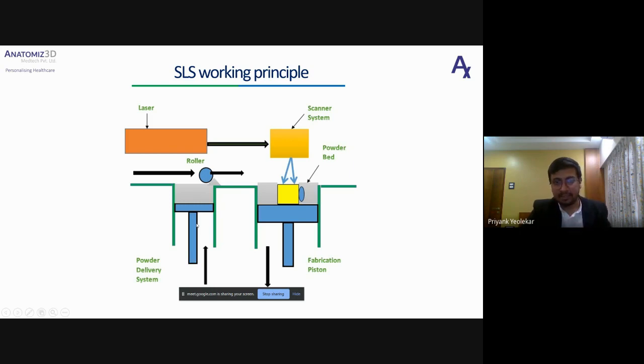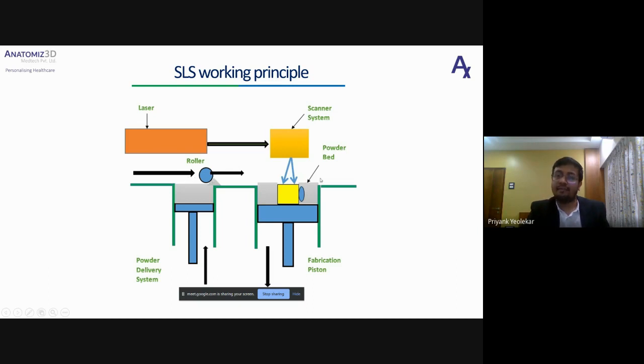You can see this piston here. This piston moves upwards, and there is a roller which rolls a very fine layer of your powder on your actual fabrication area. This is your fabrication area.